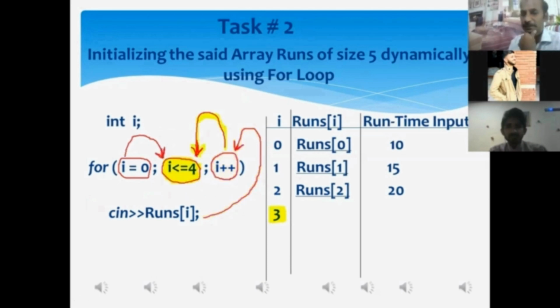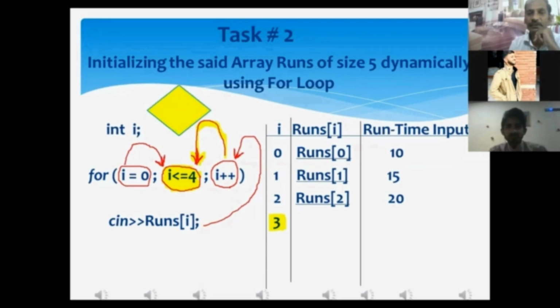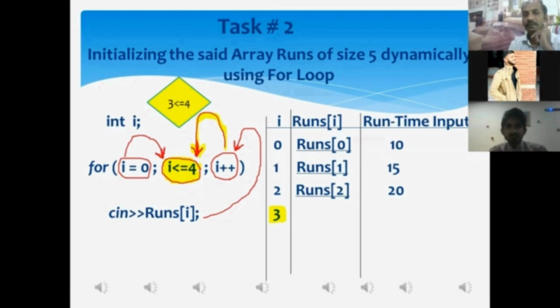In the condition statement, right now, what is the current value of I? Sir, 3. If we place the current value of I, that is 3, in the condition, what will the condition become? Sir, 3 less than or equal to 4. Okay, my dear. 3 less than or equal to 4. And tell me, now the question to you, whether this condition is true or false? Sir, true. Okay, thank you. Correct answer.